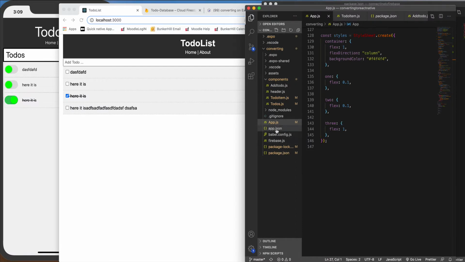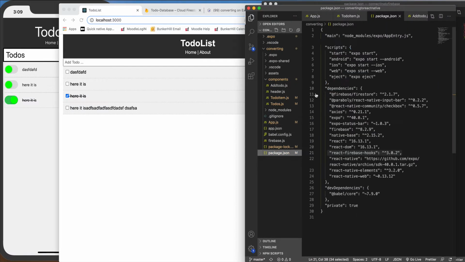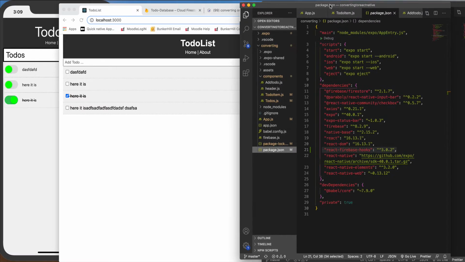So I'm going to go to package.json, and inside here you see this right here, react-firebase-hooks. So you got to do an npm install, put that in, and once you have that done, there's just really, I'd say, a few lines of code that you need to do just to make the application